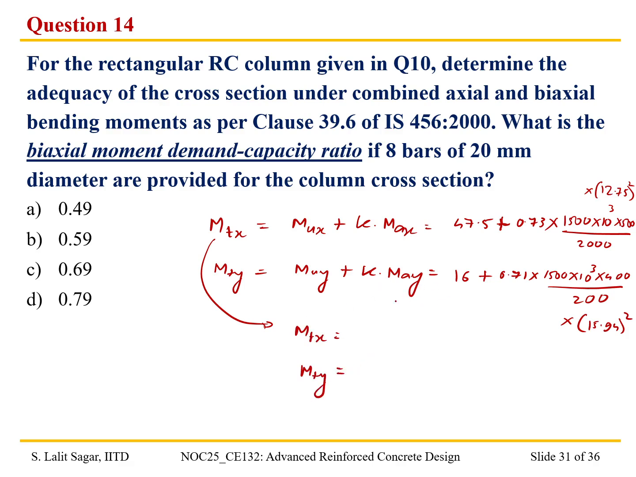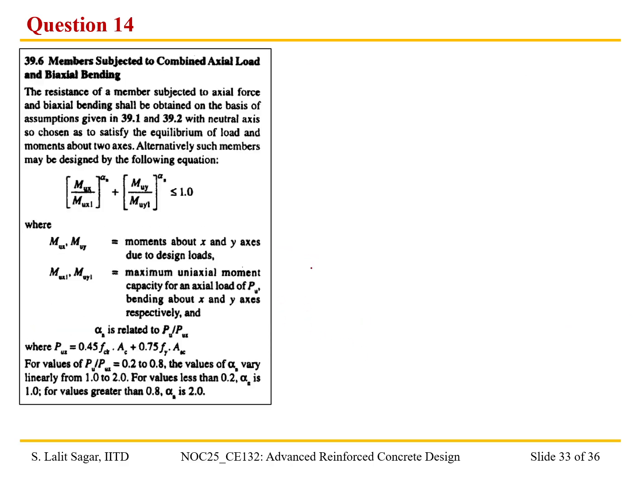How much? 92.92 kilonewton meter, and MTY we are going to get the value as 70.12 kilonewton meter. Okay, these are the design moments. So as we know, we need to substitute that in this value and find out the expression, right? So from this